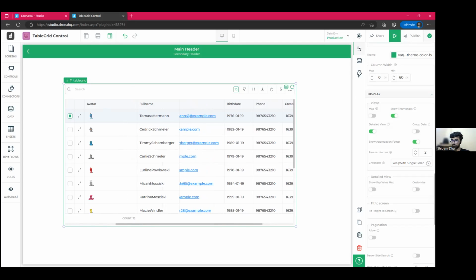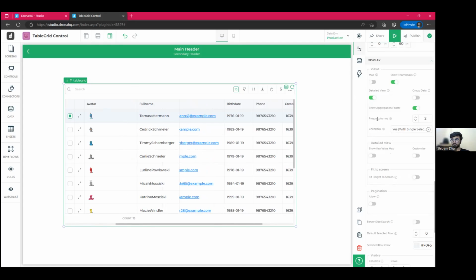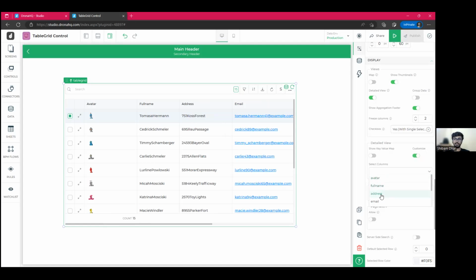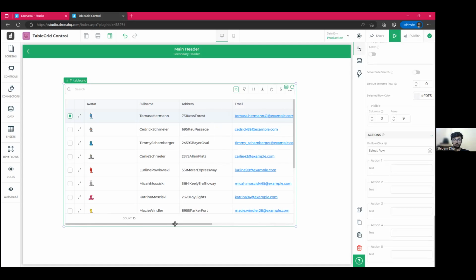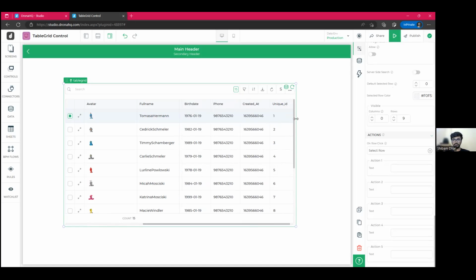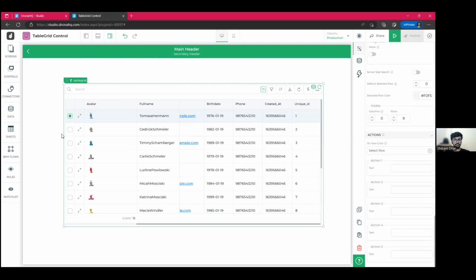Okay, and then we have the freeze column checkbox. So if you want multiple checkbox, or you want single select, or you want yes with the single select, it's just up to you. Next, we have detailed view, like what all key maps you want, or you want to customize, like you want to see the avatar and the address name, you can do it in the detailed view format. So everything is there just in the property section. Now moving down, we have